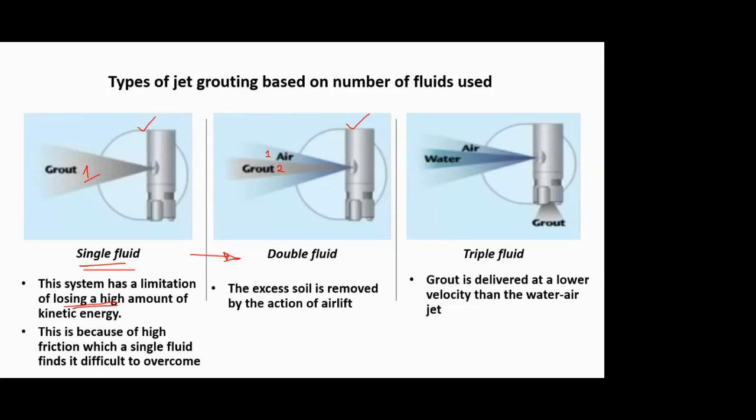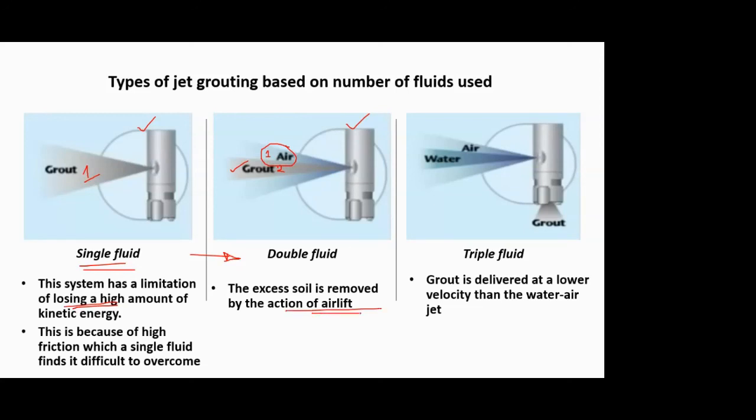Now we only need the grout. We don't need this air to set inside the ground itself, because if it sets, then we are again creating extra air voids. We are doing all this process to remove the air voids and to increase the density of your soil or strengthen your soil. But if we keep this air in the system, we are deviating from our aim itself. So this air only has one job, to impart that extra kinetic energy. After that, it has no role in the setting of the grout. So it can be airlifted.